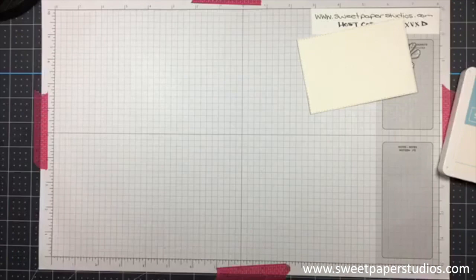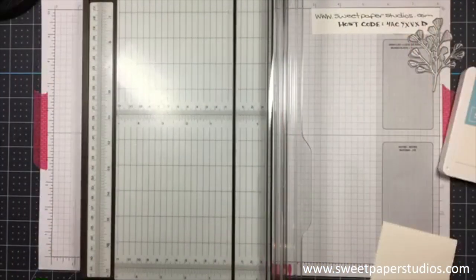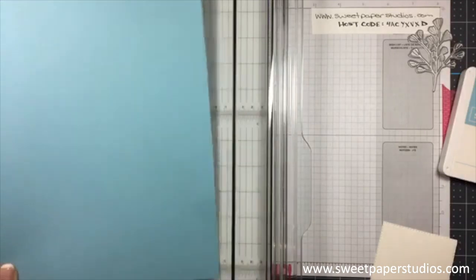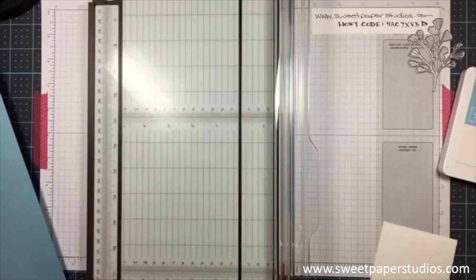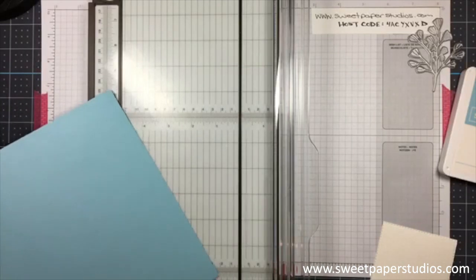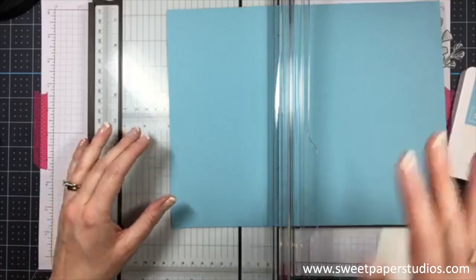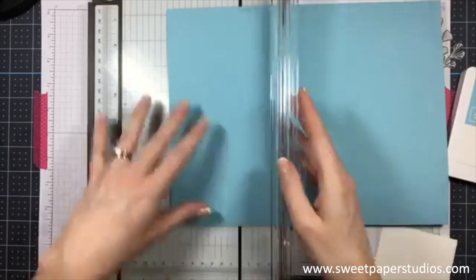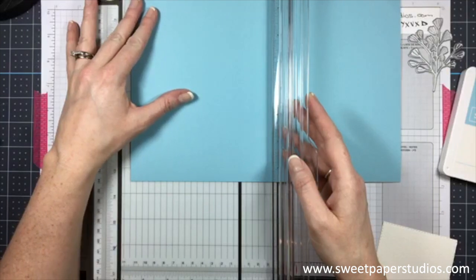So, and then we're going to cut down our Balmy Blue cardstock. This is the Step Trimmer from Stampin' Up. It is not new, but I would say it's still relatively new. It is great. It is so sharp. I love it. So Balmy Blue, you're going to cut it at